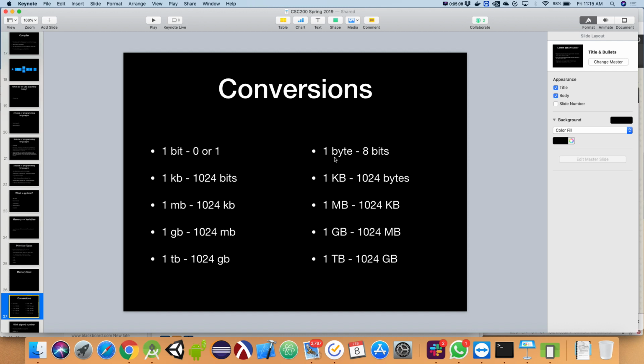On the other side, we have the idea of a kilobyte, megabyte, gigabyte, terabyte, and then we can keep going from there. But that's where we're at right now. Okay, big B means byte. It's a multiplier of 8. All right. So now,